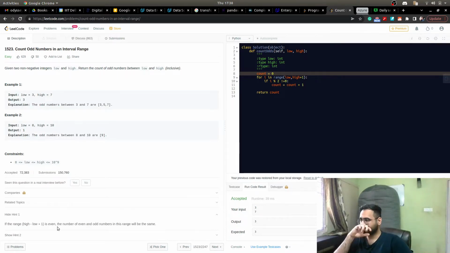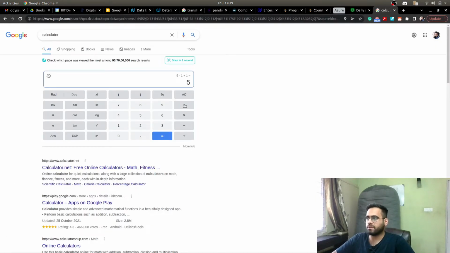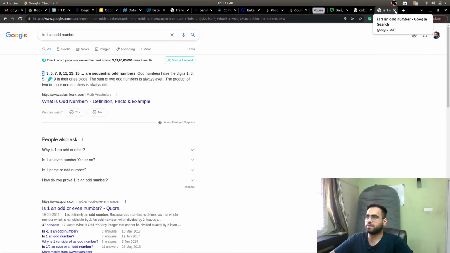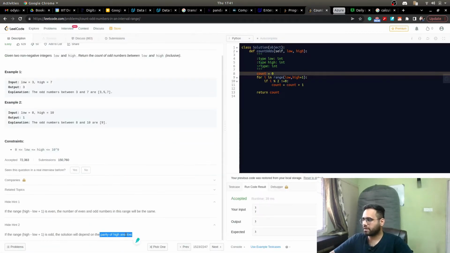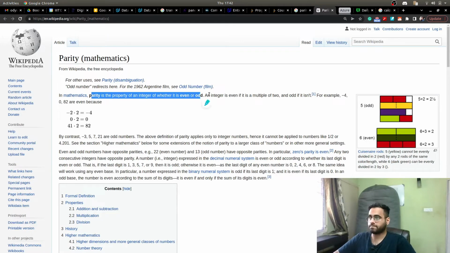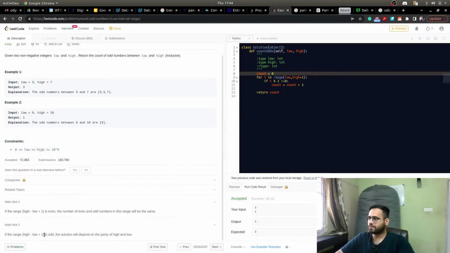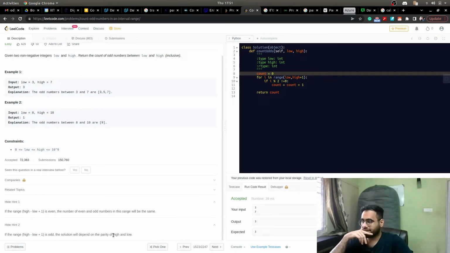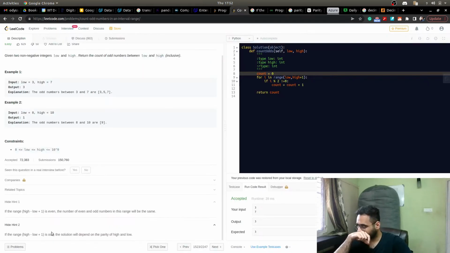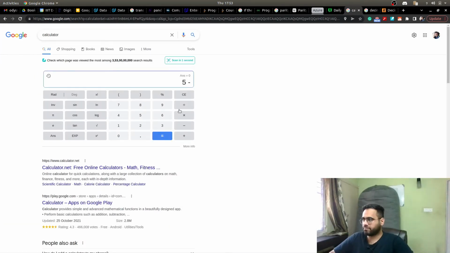Hey guys, editor Rohit this side. Solving this question took me a long time, so most of the content in the next few minutes is fast forwarded. But let me just give a commentary of what's going on on the screen. So here I am checking through the Wikipedia page of parity, what parity is, going through the hints again and again, checking GeeksforGeeks for some parity related information, using Google Calculator to